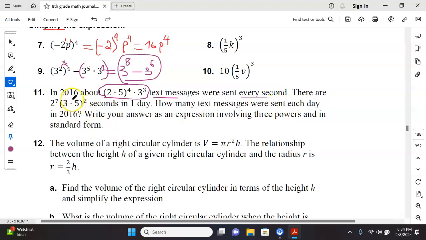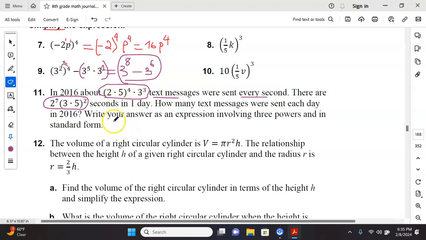Well, they told you how many seconds there are in each day in terms of exponents. If you want to know how many seconds there are in a day, you can take 24 hours a day, 60 minutes in every hour, and 60 seconds in every minute. You have to multiply all that out. But you don't have to do that, because they gave you the number of seconds in one day in terms of exponents already. So if every second you send out this many messages, then to find how many messages you send in a day,